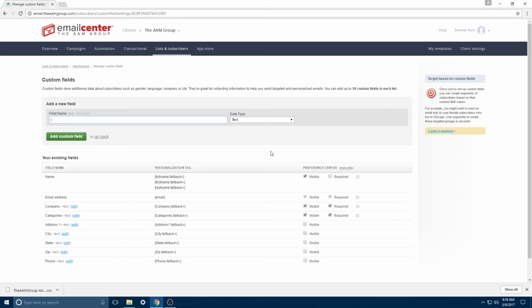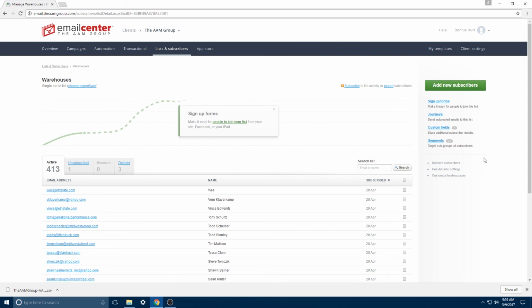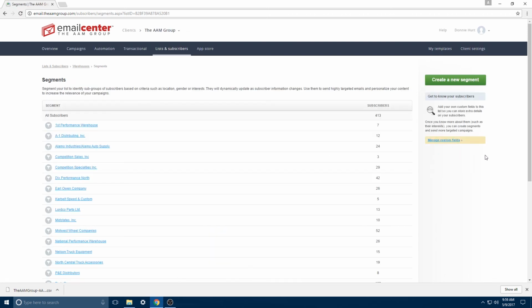Now also, once you have those custom fields built, we can also look at something called segments. So I'm just going to go back to my list once again, find the segments button, which is directly below custom fields. And segments is essentially a segment that we have created based around those custom fields. That being said, if our custom field was company, which it was in our case, we can then break down that company name into a segment. So I can send targeted emails to First Performance Warehouse, to A1 Distributing,